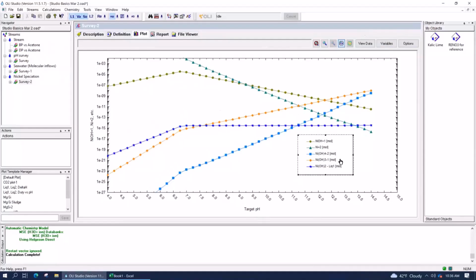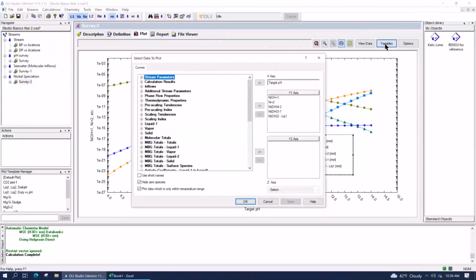Okay, I do want to get to the point. I can't remember who was asking me about this. Faisal, may have been you, or maybe it was you, Brett, to look at the material codes. So now let's click on variables again. And now I want you to go to a section of the plot variables called MBG. MBG stands for Material Balance Group. It's essentially the element balance, the total element balance in a given phase.